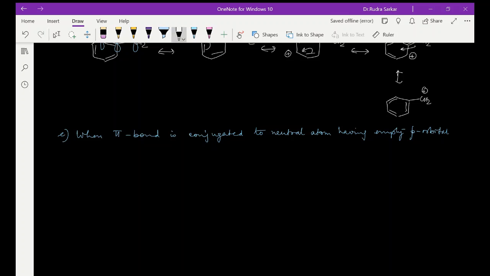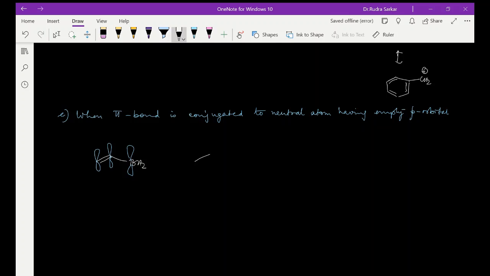तो इसमें क्या हो सकता है, मतलब हाइपोवैलेंट एटम है, तो मान के चलो हमारे पास ये है। अब बोरॉन में क्या है, empty p ऑर्बिटल है क्योंकि वो हाइपोवैलेंट होता है, और यहाँ पे भी पाई ऑर्बिटल है और यहाँ पे भी p ऑर्बिटल है, तो इसमें कॉन्जुगेट सिस्टम हो गया। तो इसी हिसाब से अगर हम इसके लिए भी रेजोनेंस सोचेंगे तो ये क्या होगा, ये अपने तरफ इलेक्ट्रॉन डेंसिटी पुल कर रहा है, तो ये भी क्या दिखा रहा है, -m इफेक्ट ही दिखा रहा है, राइट, इन दैट सेंस। तो यहाँ पे ये आपका हो जाएगा प्लस और ये हो जाएगा आपका माइनस।